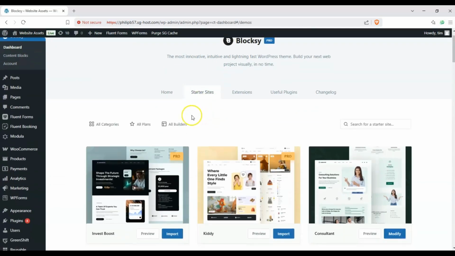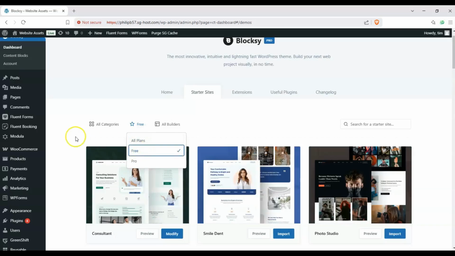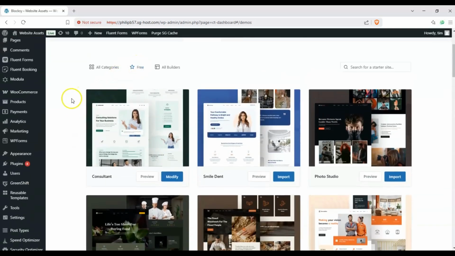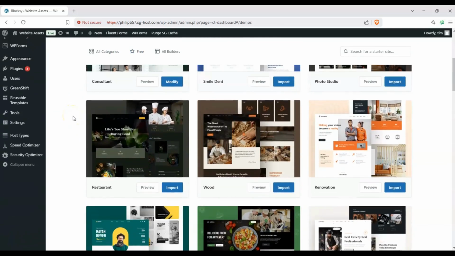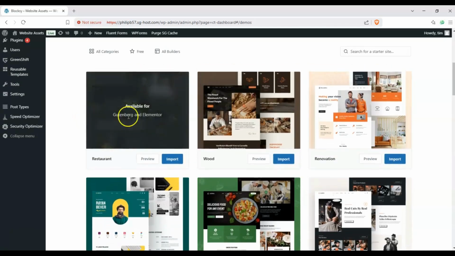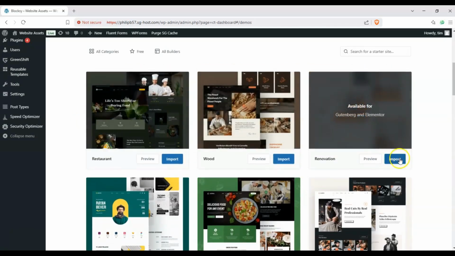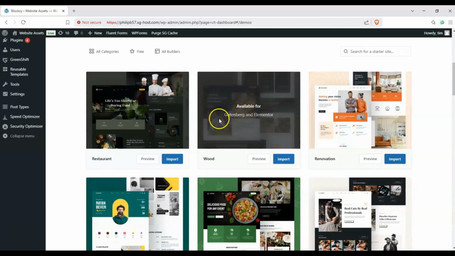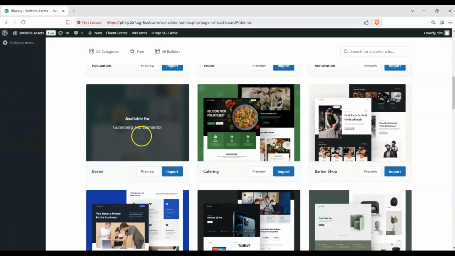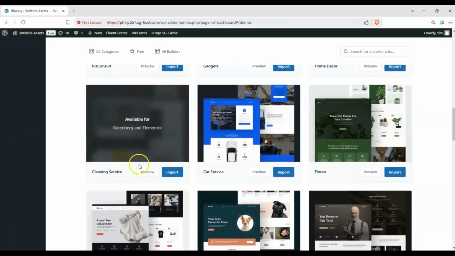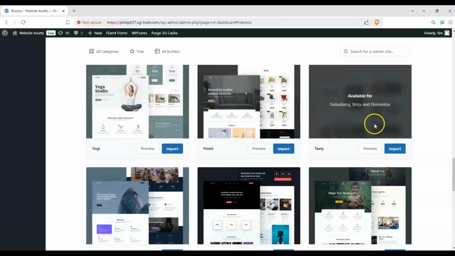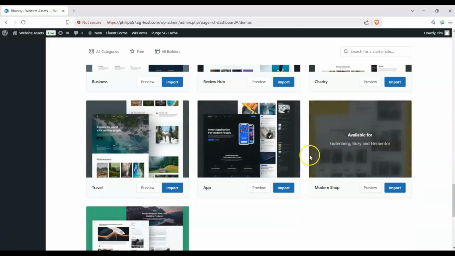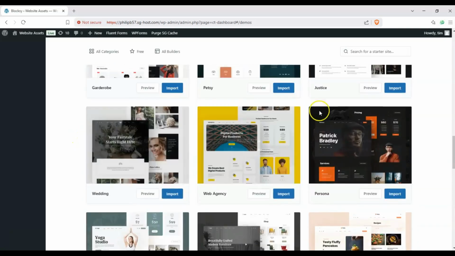And let's go ahead and choose, well, first, free, okay? Unless you have the Pro plan that lets you use the Pro themes, that is. So let's go ahead and choose a starter site. Okay, as you can see, if we hover over these, we can see that this theme in particular is available for Gutenberg and Elementor, and if we scroll down a bit, we might even find one for Breezy, and I'm not sure if we have Beaver Builder on here, but as you can see, most of them